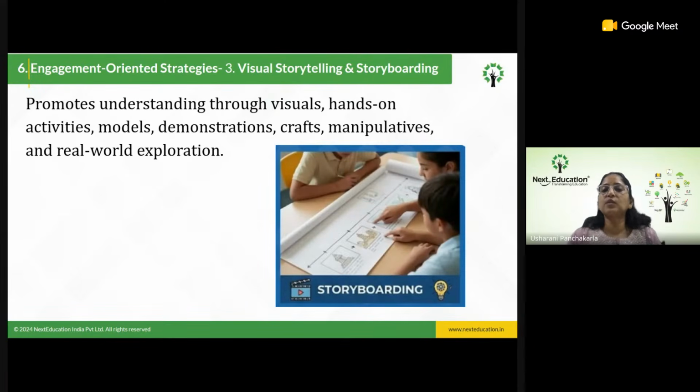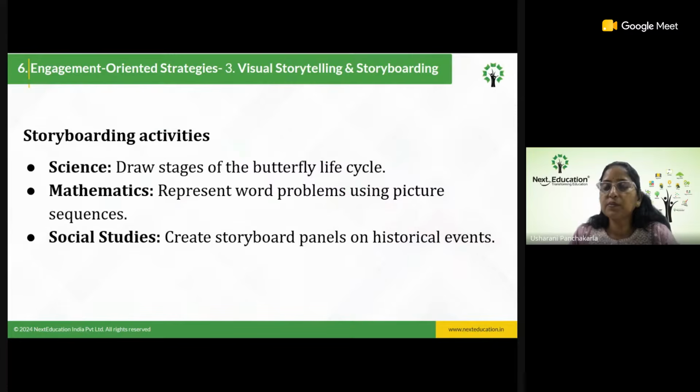Then comes the next one, that is visual learning, visual storytelling and storyboarding, where come your activities, demonstration. The same approach is what you have seen in the prior event. Okay, so you are going to see this here. It's a hero event, and these are the different things. Let me show you one example to understand this better. So there is a possibility of having repetitions across the strategies, that under engagement as well as under motivation. And yes, sorry, we are under engagement, right? Engagement orientation strategies. Now coming to the storyboarding activities.